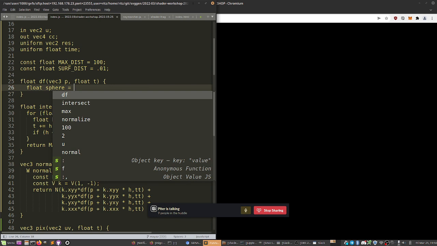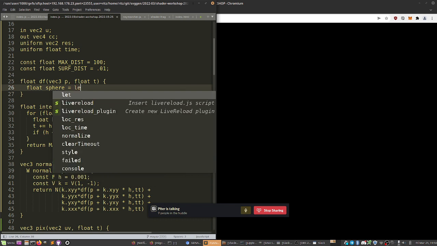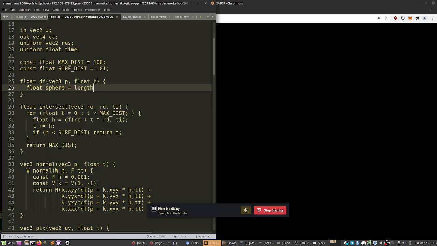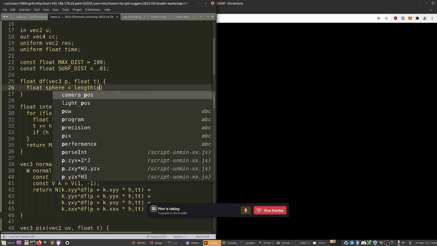What's the distance function for a sphere? I should have made some pictures for this, but it's equal to the length of the distance from the center